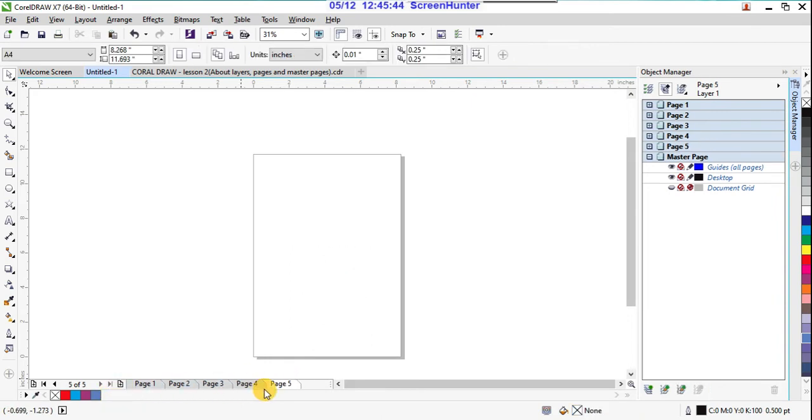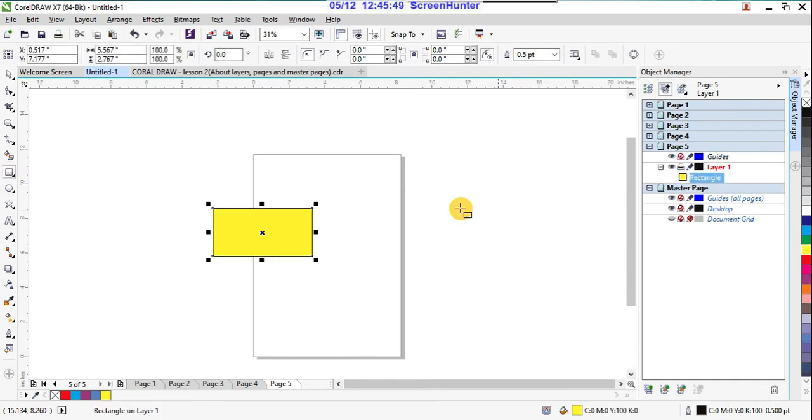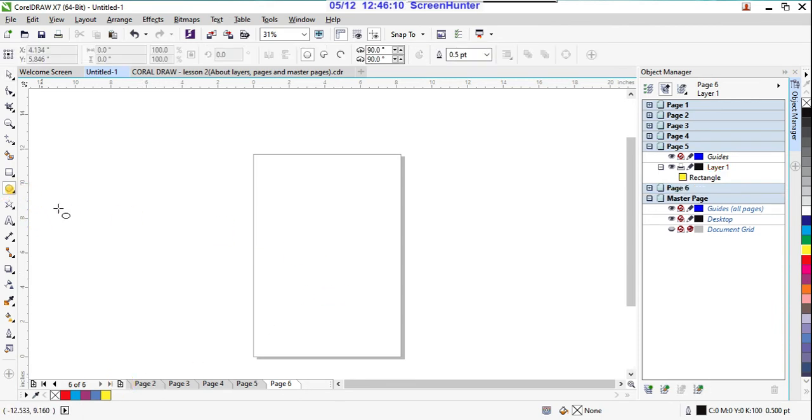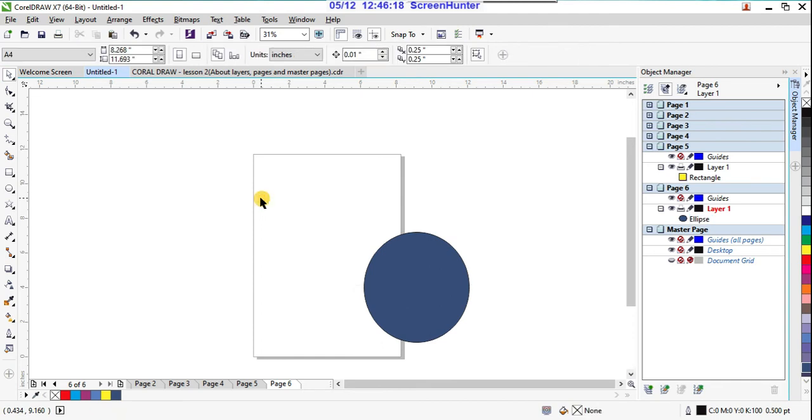Suppose here I'm adding one more page, and roughly I'm creating a few things. So wantedly I'm drawing outside the page, right? Some area is inside, the other side is outside the page, right? Perfect. Then again I'm creating one more page. So here again I'm using one circle and I'm filling this color, right? 6,